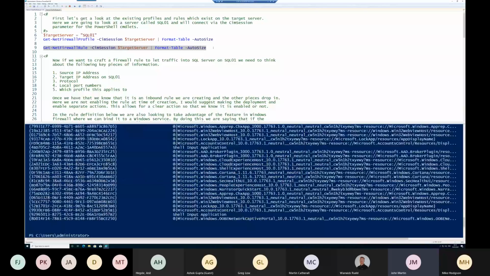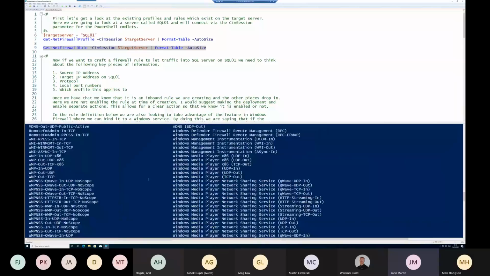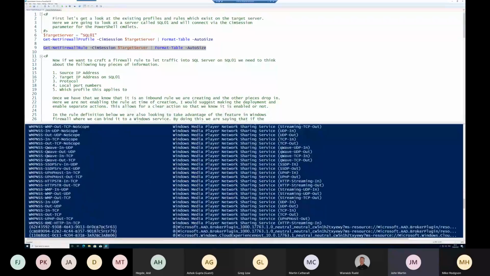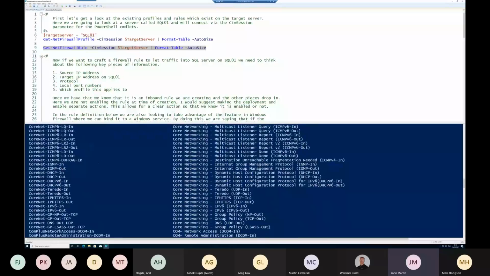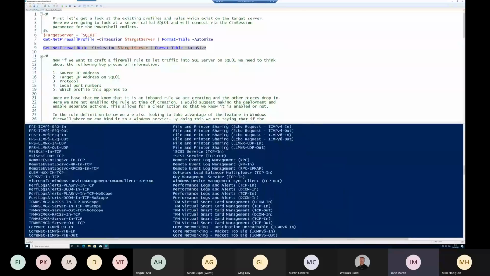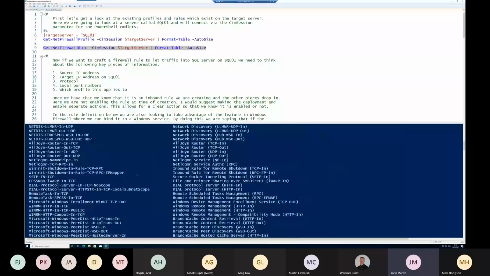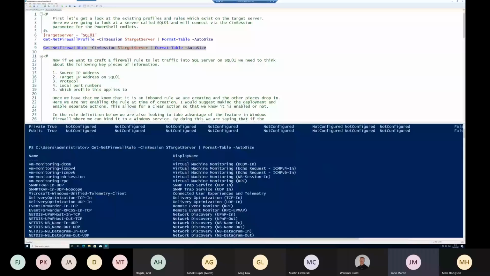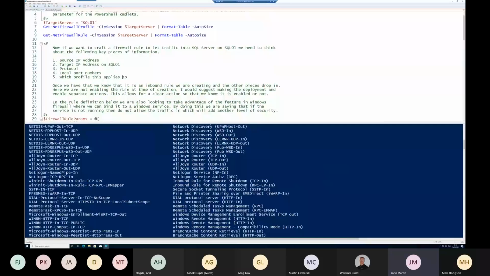There's a lot of rules that come in straight out of the box, quite literally. So things like media player, sharing, all that sort of stuff. There's groups already in there, and depending on what you're doing, some of these will be turned on, some of them won't, depending on what your server's doing and where it is. So there's a lot in there as it stands, but nothing for SQL Server. Okay. So when we start thinking about building our rules up,